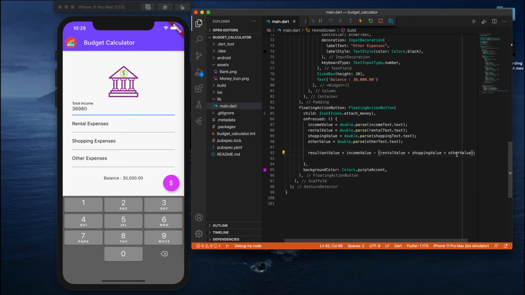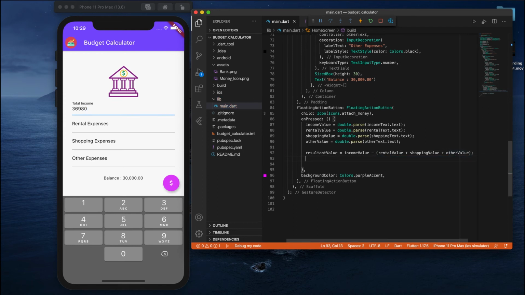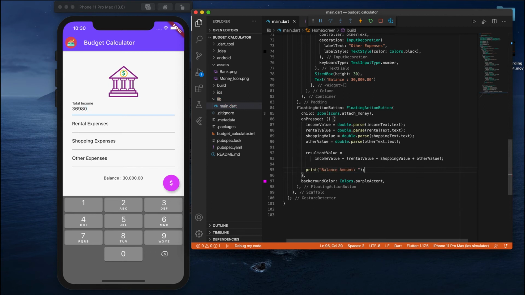So now I have my balance value in the resultant. The first thing, let me print how much amount I got, the balance amount. I want to show the balance amount here, so to print the balance amount here I use a format string, this is that value.